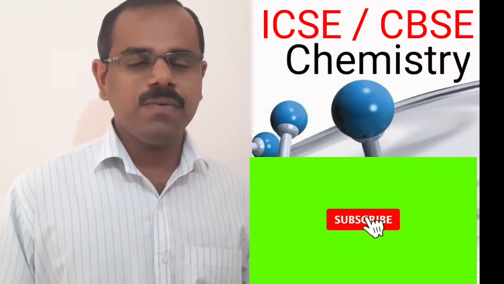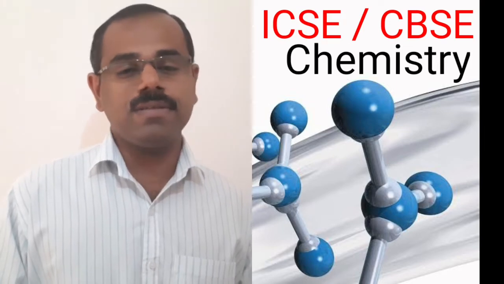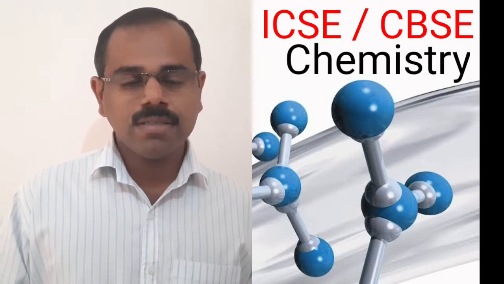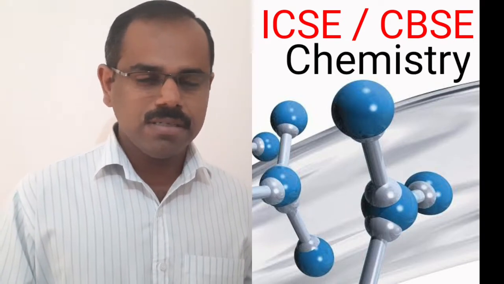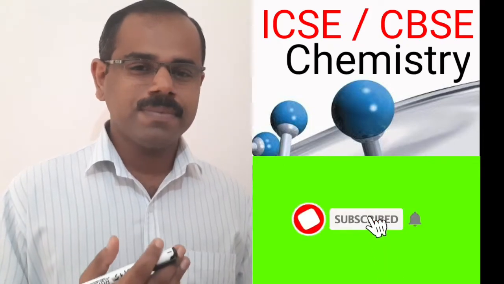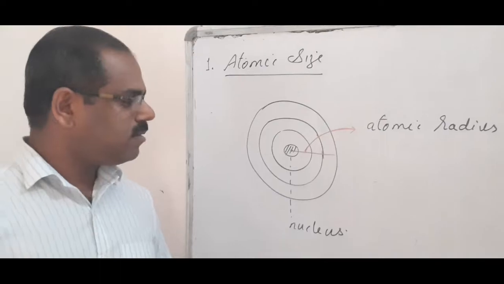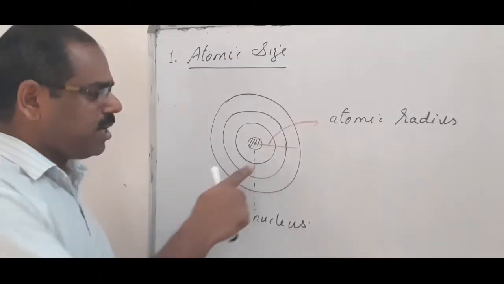Today in this session we study the periodic properties of elements in a periodic table, such as atomic size, metallic character, non-metallic character, electron affinity, ionization energy and electronegativity. If we consider an atom, say the atom has a nucleus and here we have a K shell, L shell